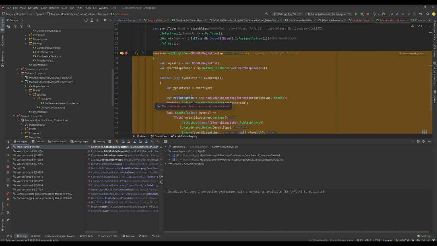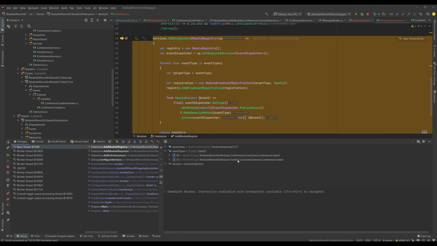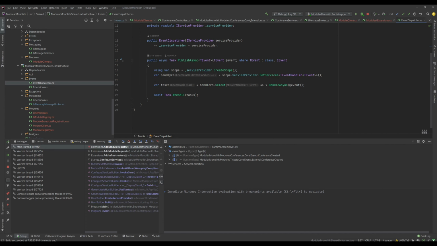Of course, the question though is, all right, but we are registering not only the invoke for the conference created on the ticket side, but also for the conferences module. And of course, in the conferences module, there is no event handler for this message because we are the producer. We are not subscribing to this. So will it break the code itself? And the answer is, of course, no, because if we would go to our event dispatcher, you could see that basically we would look for the handlers. And apparently, if there will be no handlers, this select will produce